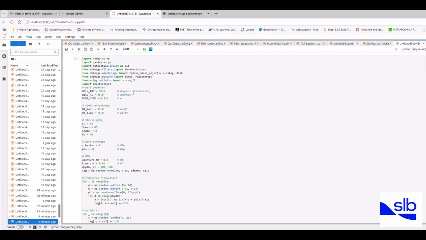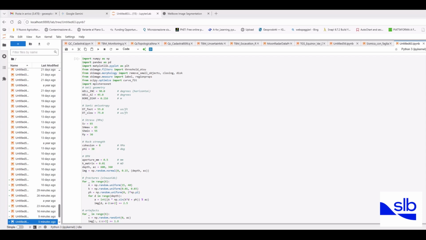So in this video we are implementing these tools. These are real tools for real project works. The scope of the works is for a massive WellBoreImage segmentation and the recognition of fractures between the natural fractures. We are making a classification between the natural fractures and the hydraulic fractures in a real project for a massive data processing of